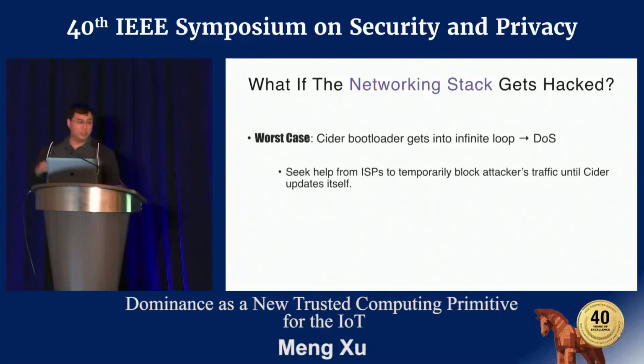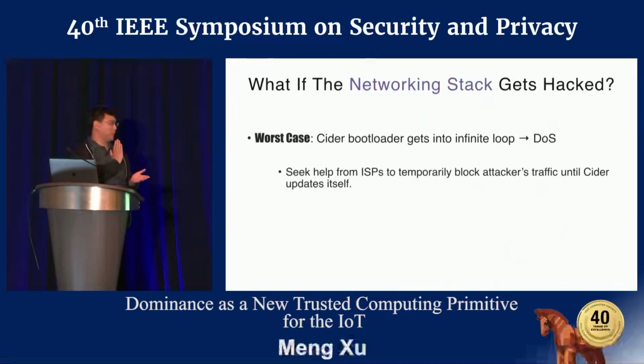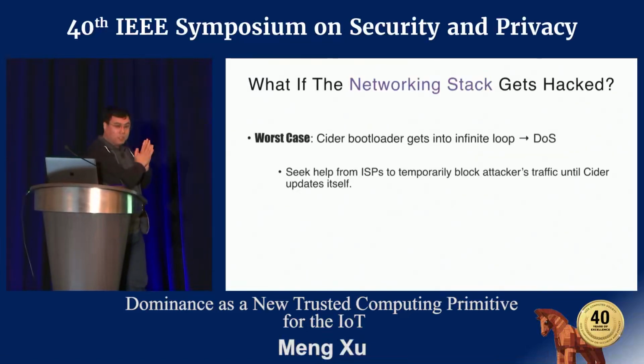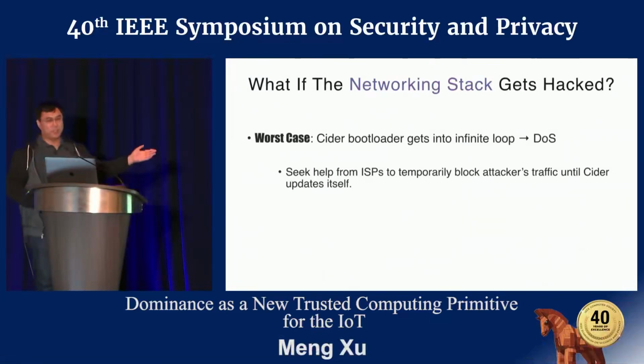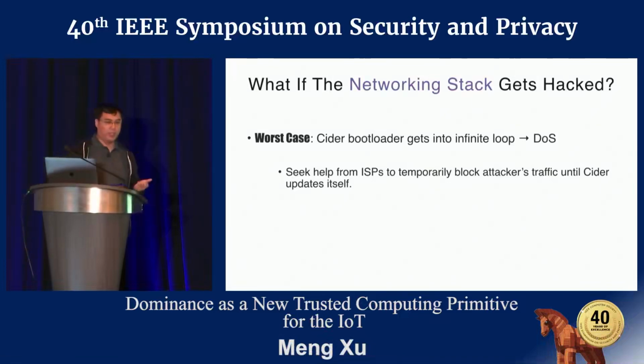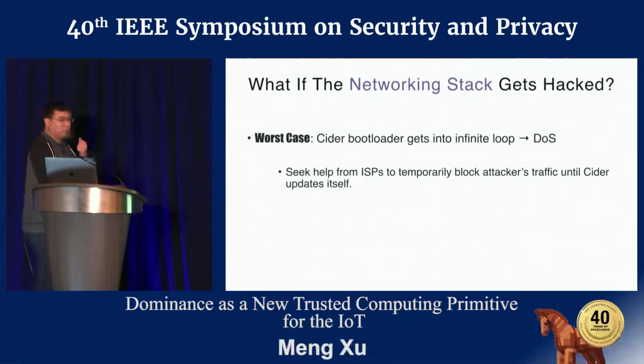You just boot into this endless loop. And the common practice, and also what we propose to do, is for this kind of denial of service attack, regardless of whether you have CIDR or not, it will happen, because that's against your IoT devices. And for those cases, you have to ask the internet service providers to temporarily block those attacking traffic, until you come up with a patch and patch everything. So the thing is, we don't make things worse. If you're subject to denial of service attacks, that's what you are going to be subject to initially.